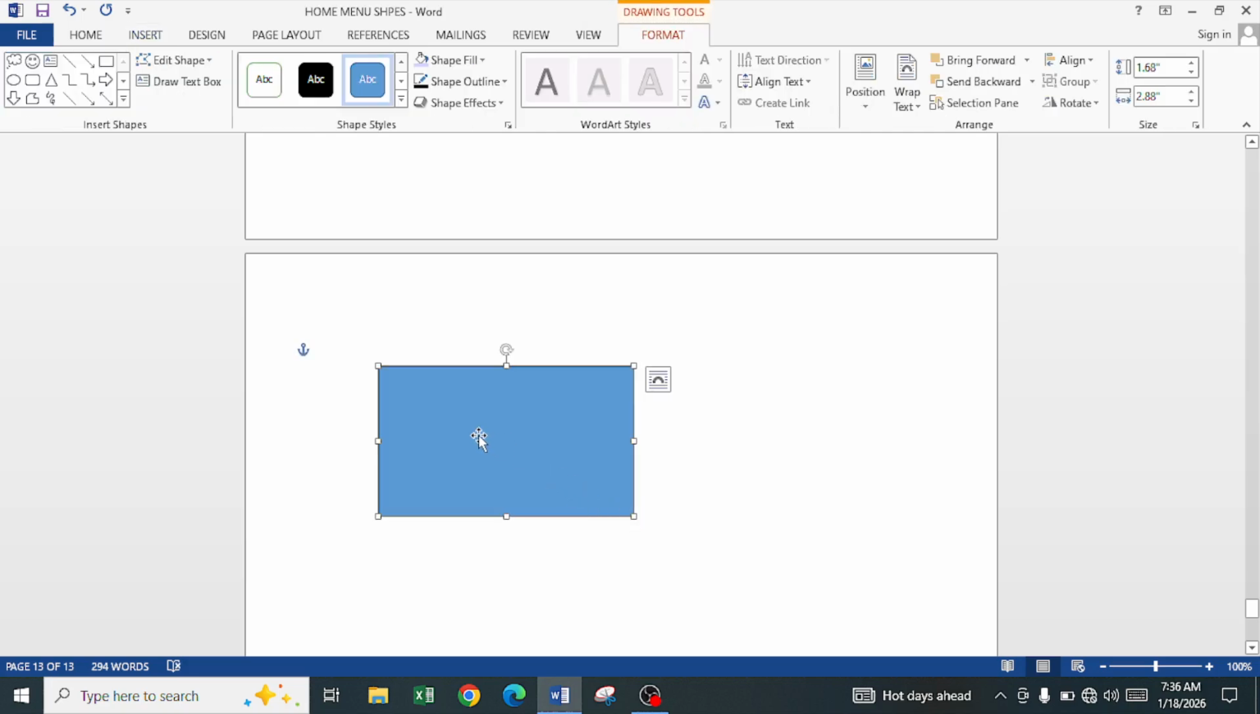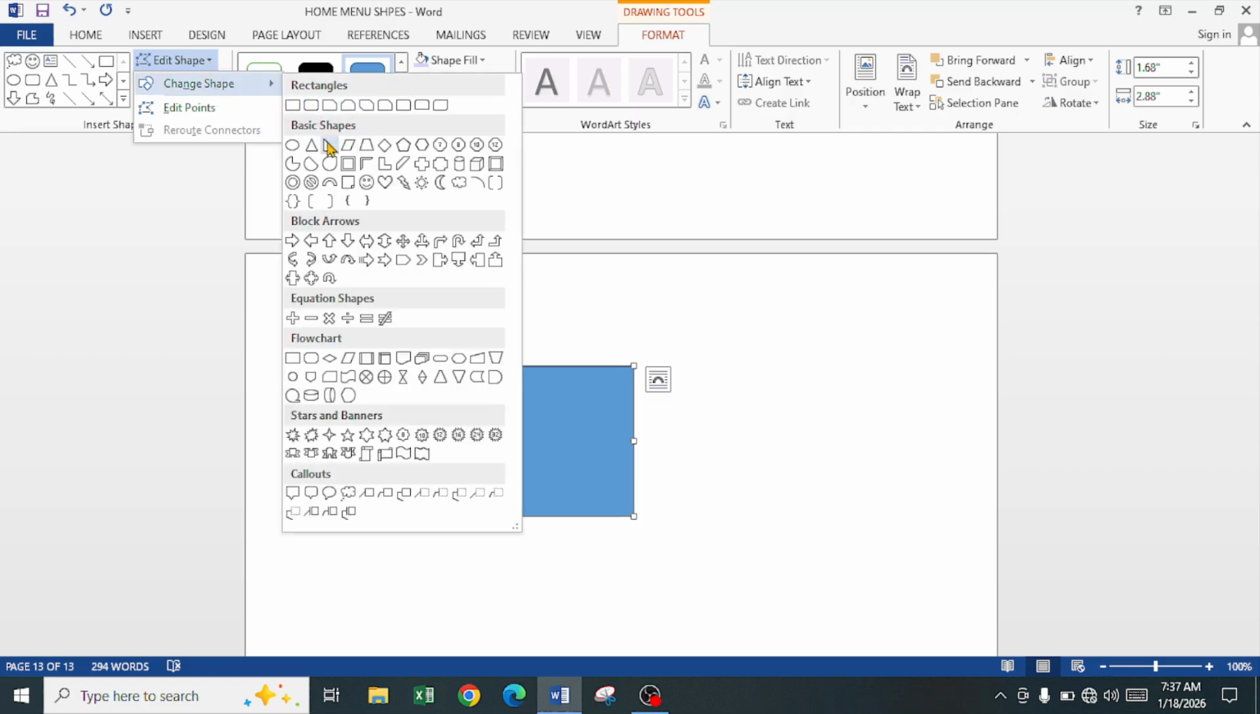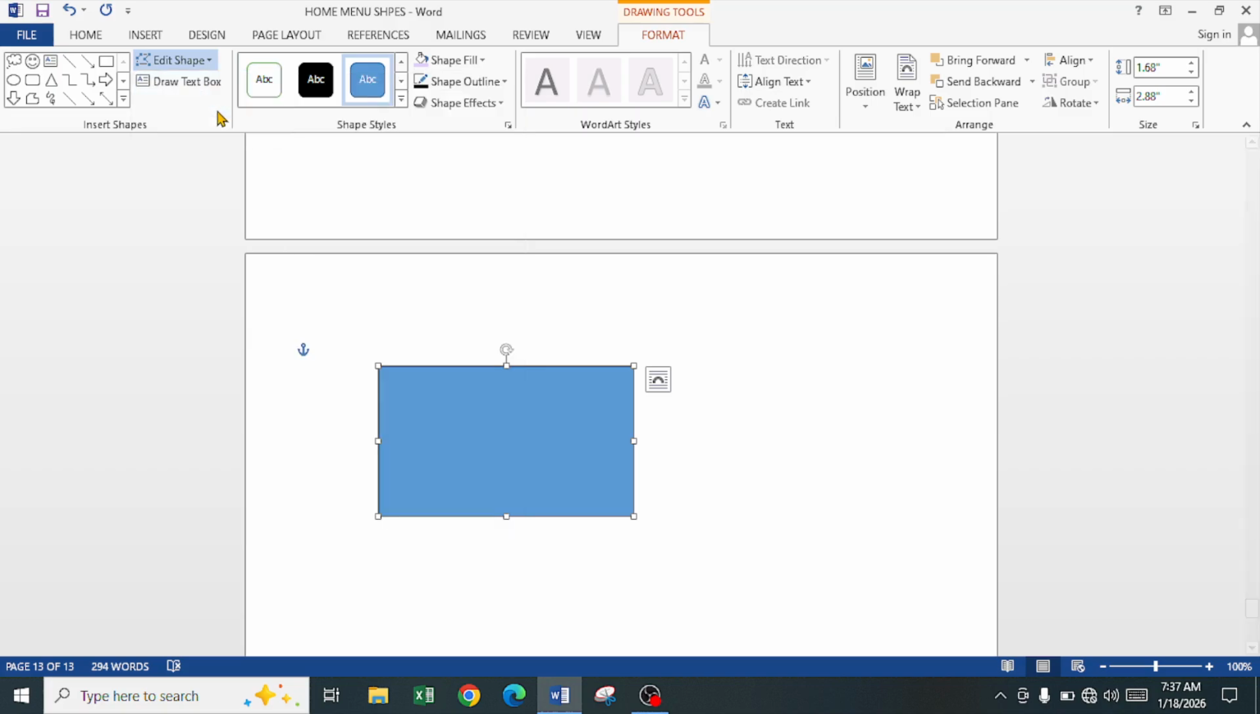So the drawing toolbox will appear immediately you click on the shape or you draw the shape. So we have edit shape. You can edit or convert the shape to something else by clicking on this shape. On this arrow, you can change the shape to any of these shapes, or you can edit the point of the shapes. So by click and drag to edit the point,